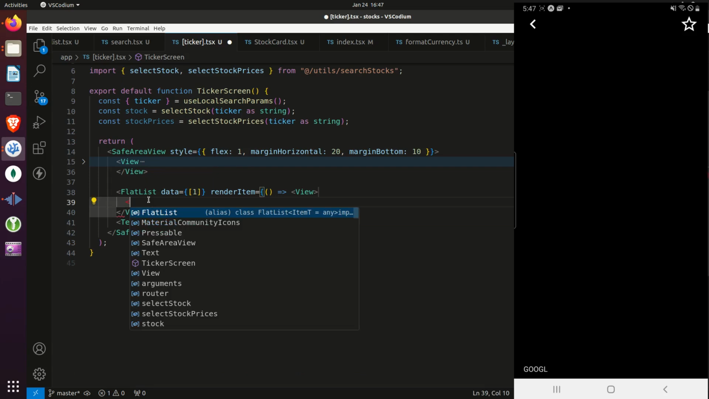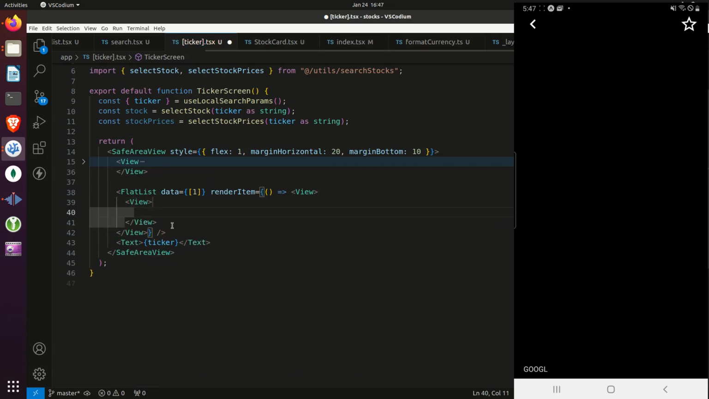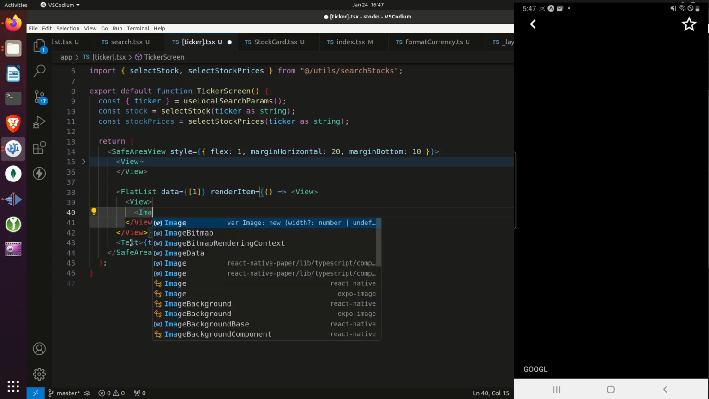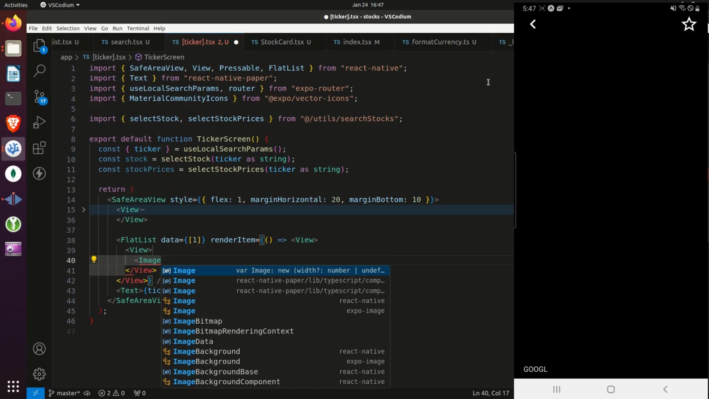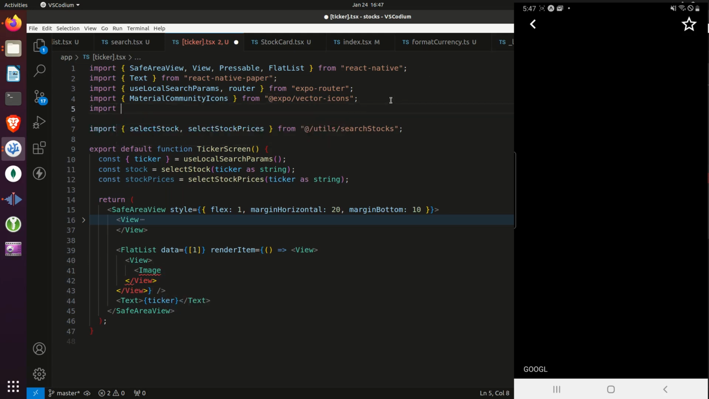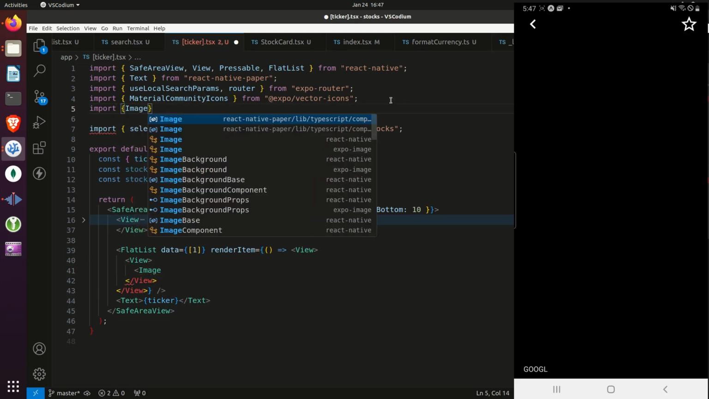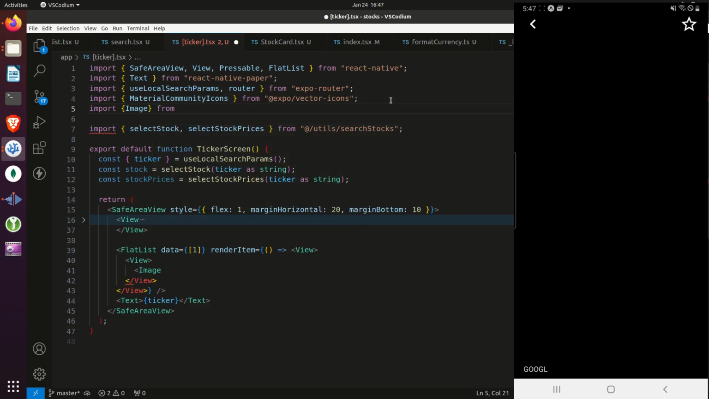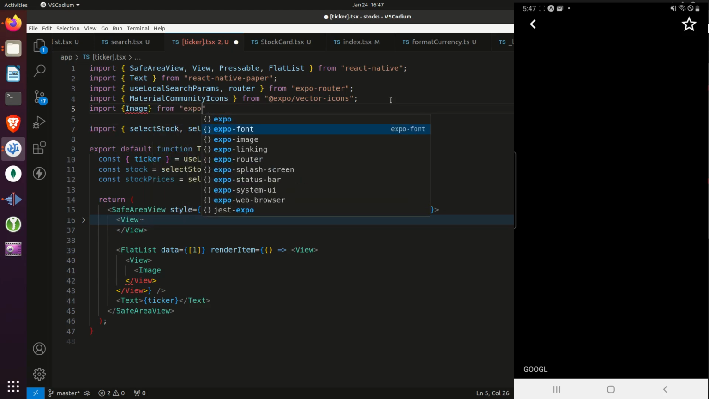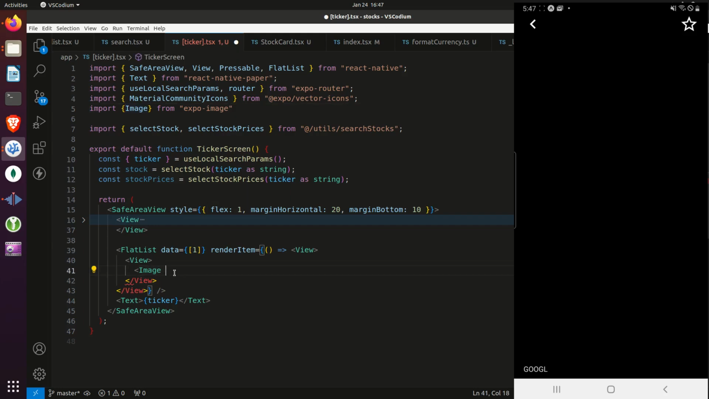Now up at the top, we want to have the company image. So we'll put this in a view because it's going to be horizontal. So it'll be the image, then the ticker, and then the name. So within this, we'll need the image, and we're going to have to import that from Expo Image. And the source here is going to be equal to